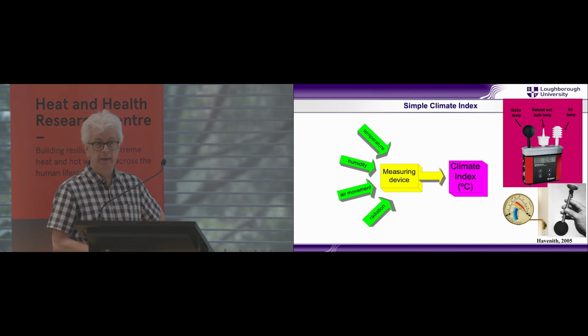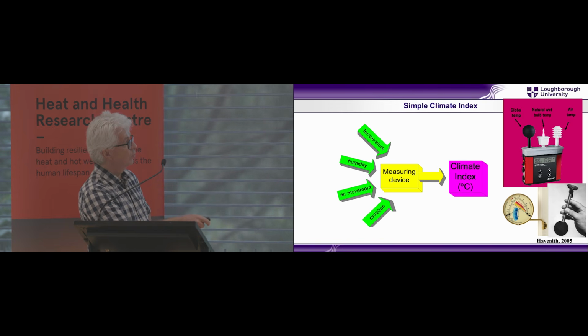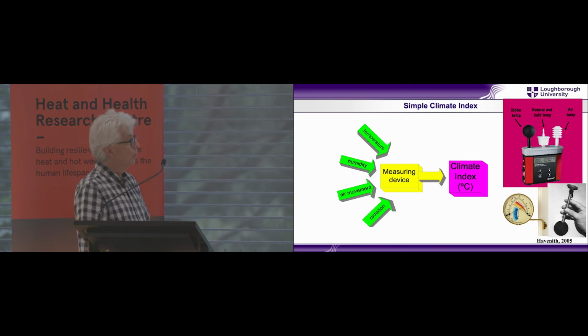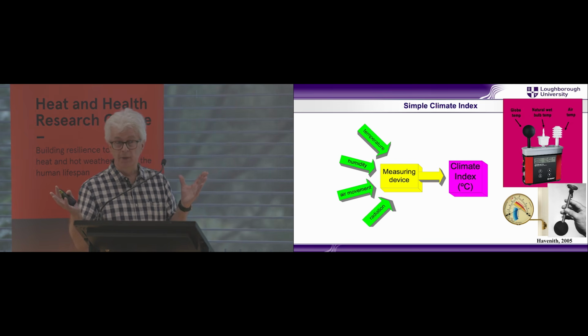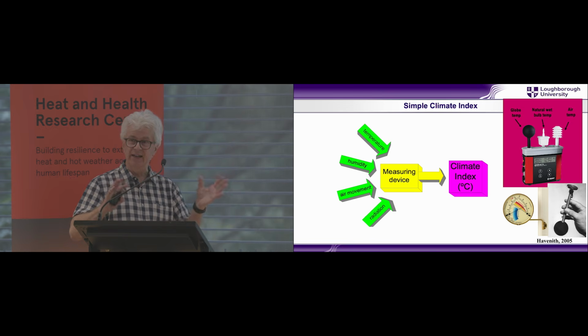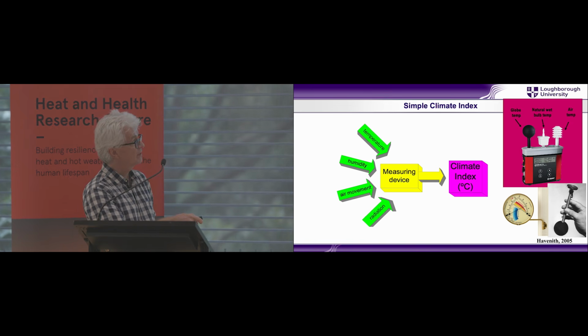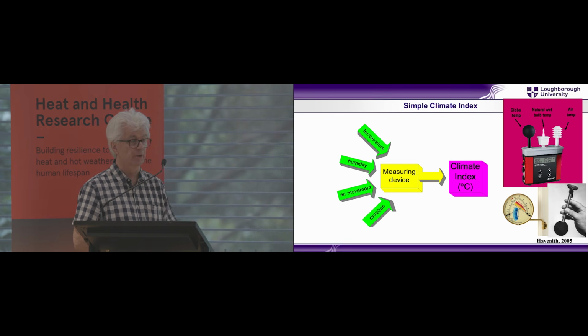So what's a natural wet bulb? It's, in this case, we have a reservoir here, a water reservoir, an electronic thermometer here, and a cotton gauze around it, which is wet. So natural means you just put it there and you expose it to the environment. So that means if there's sunshine on it, it will have a little bit of an effect, but because it's white, not so much. But it will be, of course, affected by relative humidity, because the moisture will start to evaporate from this cotton gauze and cool this sensor. And if you blow wind over it, it will strengthen the cooling, so it will drop further.